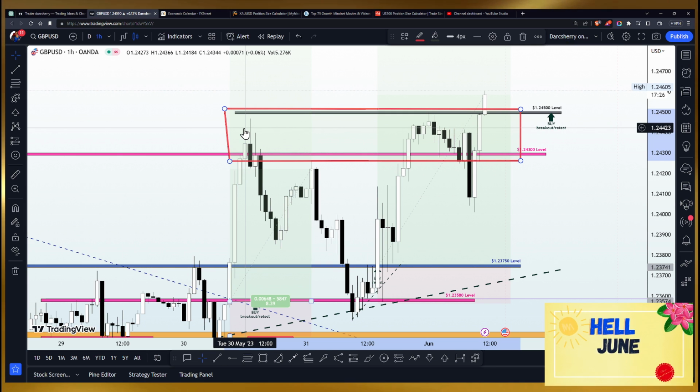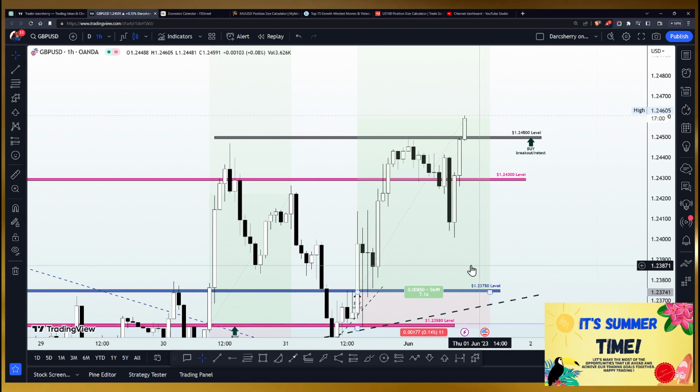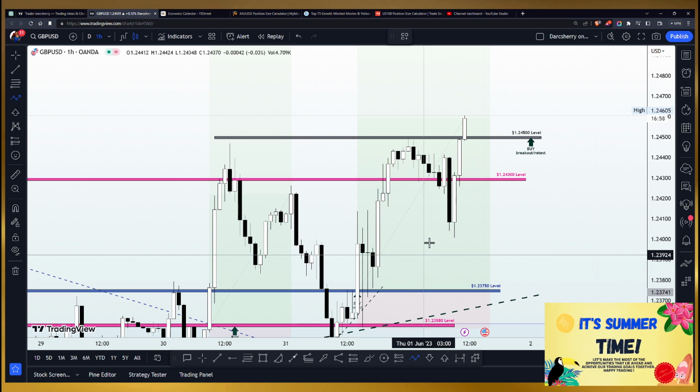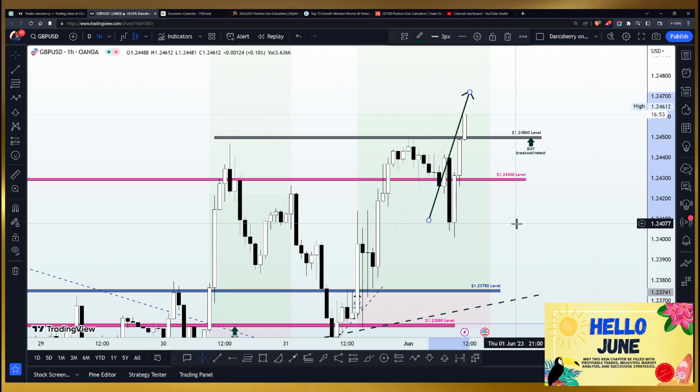And because of the situation here, we will consider this area as a supply zone that has been negating the attempt by the buyers to break out of that structure. And if we are going to be adding more position to our existing trade, or probably joining a new position if you had missed out on the previous one, we definitely want to see price action take out all the sell position in this area to give us an important opportunity to join the bullish move to the upside. And this will reflect on the chart as a breakout of the structure, and not until a breakout happens can we be considering buying at this point.